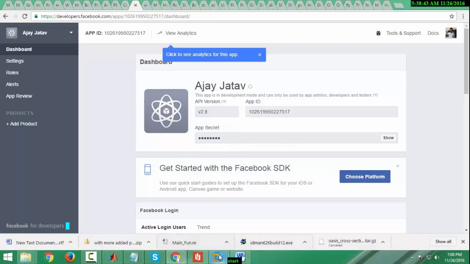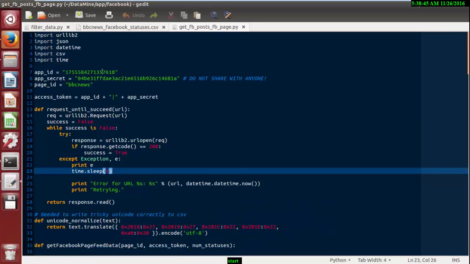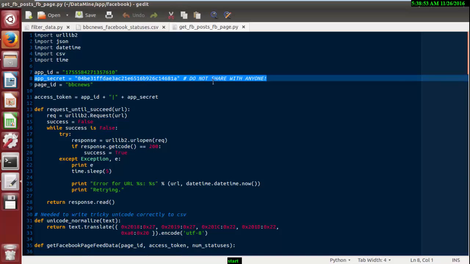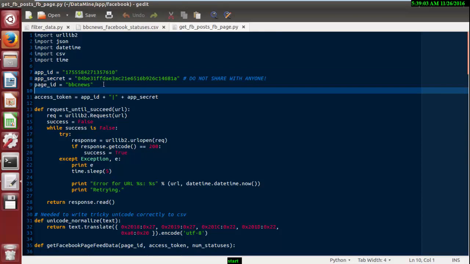I already have a sample app ID and app secret, which you need to place here. Please do not share this app secret with anyone, because in that case anyone can misuse your app secret and app ID.